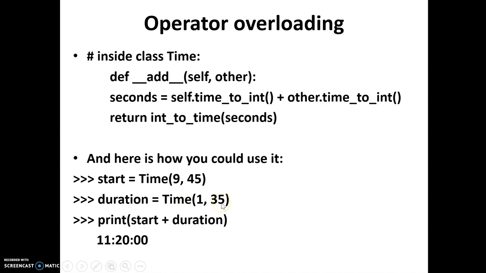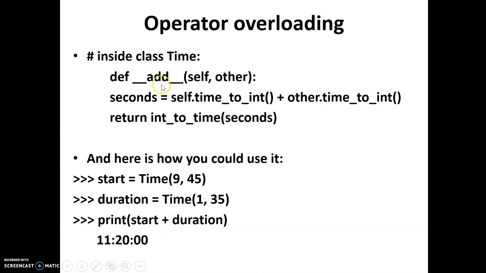Another object has been created here with the name duration. Again two values are passed, the hour being 1 and the minutes being 35, and again the seconds set to the default value 0. Within the print, we are doing a plus operation between two values, which are objects of the class Time. Start is an object of class Time, and duration is also an object of class Time. But here the plus is being used. That means you want to overload this plus operator with the sum computation.